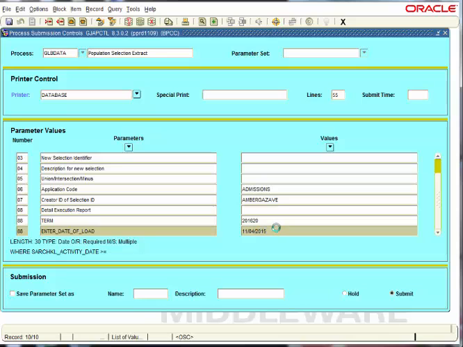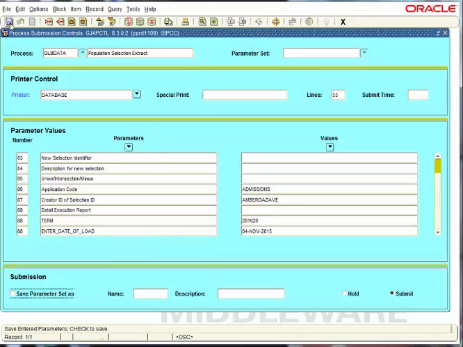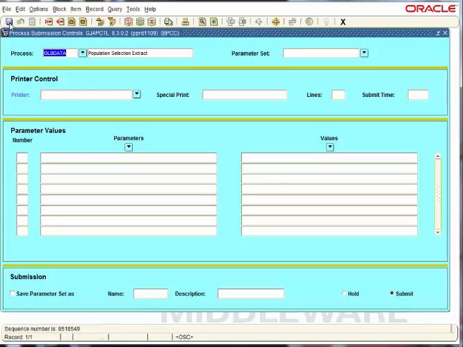And you also want to remember, if you're doing multiple application terms, you're going to have to run it for every application term that you're actually processing at the time. Like some colleges are processing 2016-20 and 2016-30 at the same time. If you're doing that, you're going to want to run these every time for both of them. And then I'm going to perform a next block, and I'm going to select Save. And at this time, my population is being pulled.